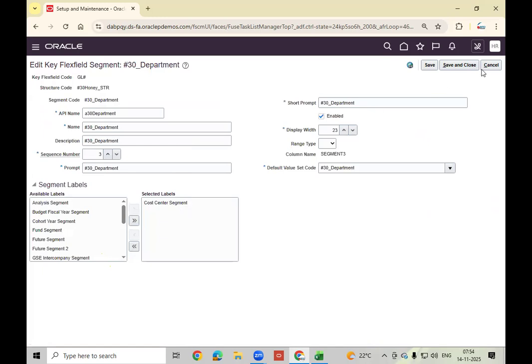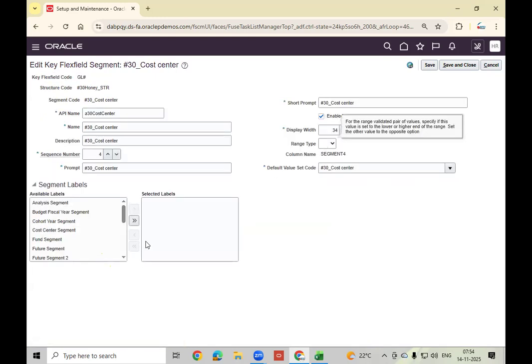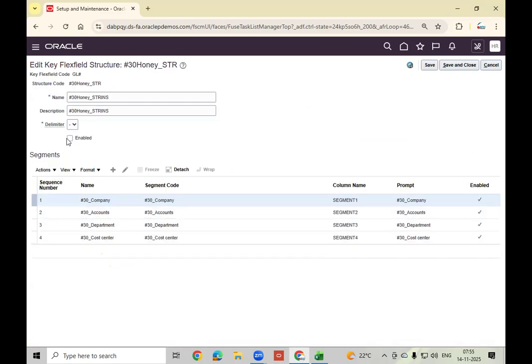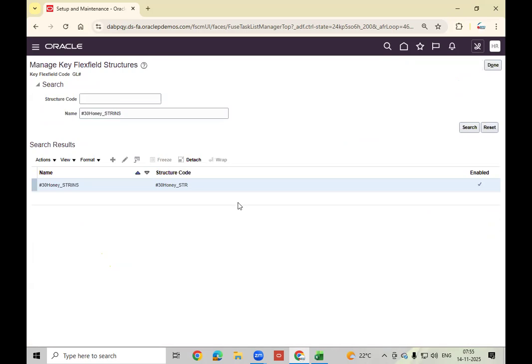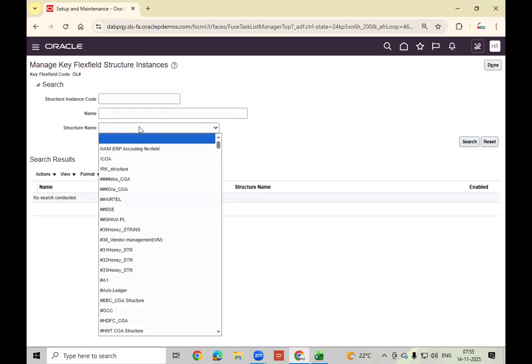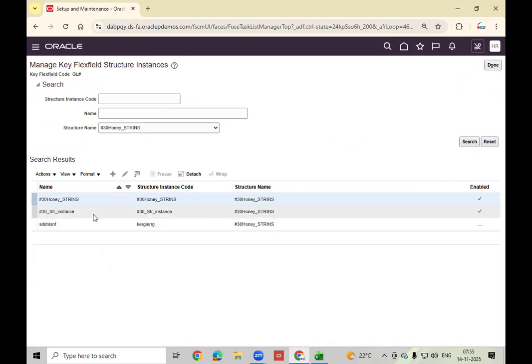Department, okay, they defined it, this looks good. Structure, cost center. It is not a mandatory segment label. Okay, here is fine. Structure, and let me check the structure instance also. It is 30, this one, right? Oh, this many were created? With the same structure, they defined three instances.